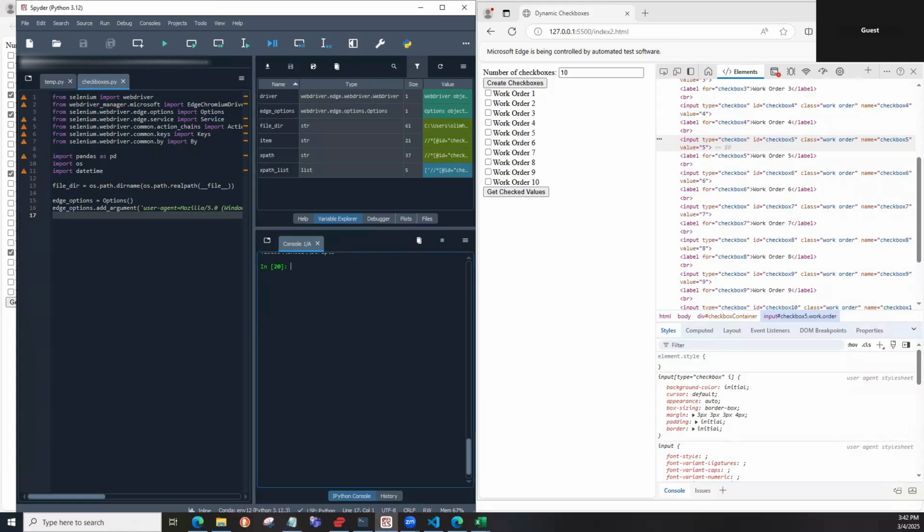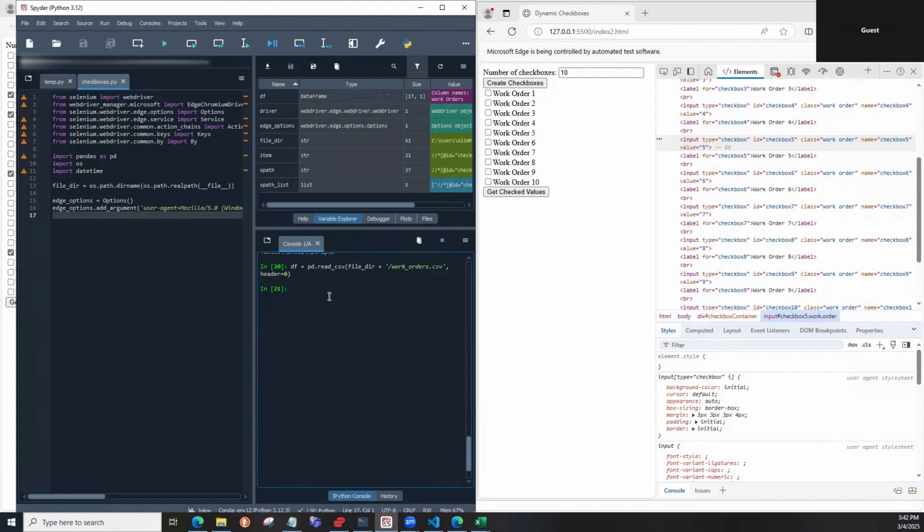And let's go ahead, import our file into our data frame. See if this works. Okay, so data frame. So we have these work orders. There should be 17. So starting from 0, there's 17. Now, this value obviously doesn't match the XPath value that we had